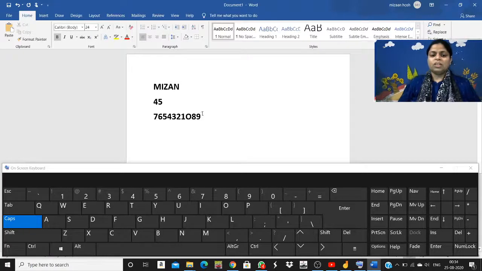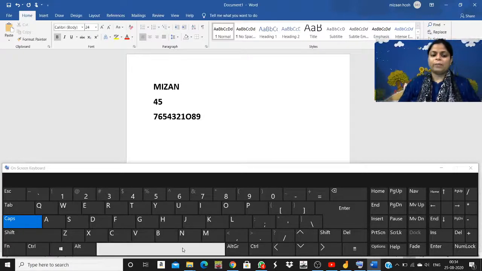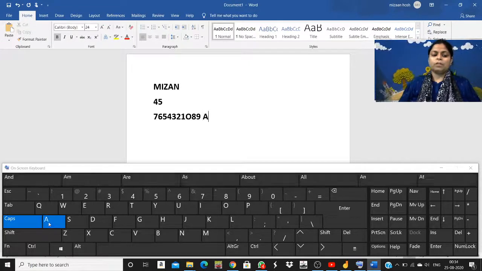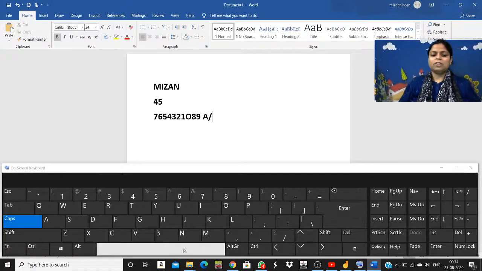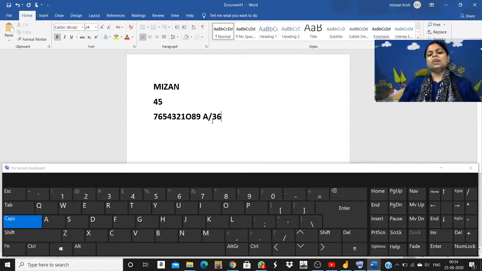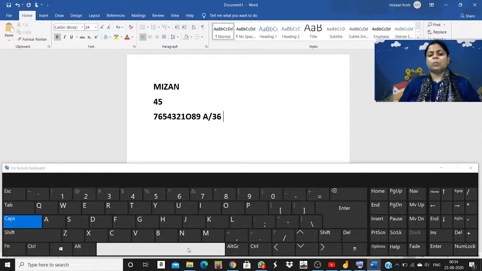See this number I have written. Now I will press space bar. See this cursor has moved, and now I will type my house number, a slash 36. So this is how you can give a space using the space bar key.